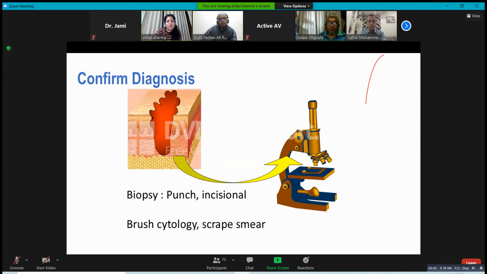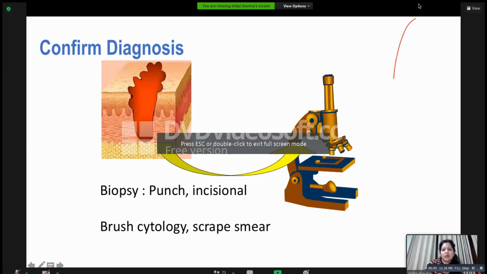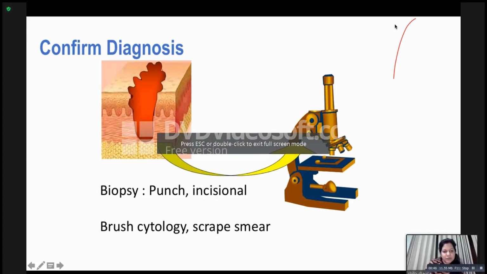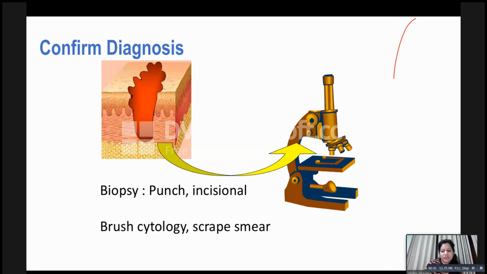So, though I'll be talking about the surgical options and surgical principles, I will just give a very brief overview of how to work up a patient of a tongue cancer. Before taking up a patient for surgery, you must do a biopsy. Most of the time, it is a punch biopsy done in the OPD clinic. But sometimes, if there is no proliferative component, then you may have to do an incisional biopsy.